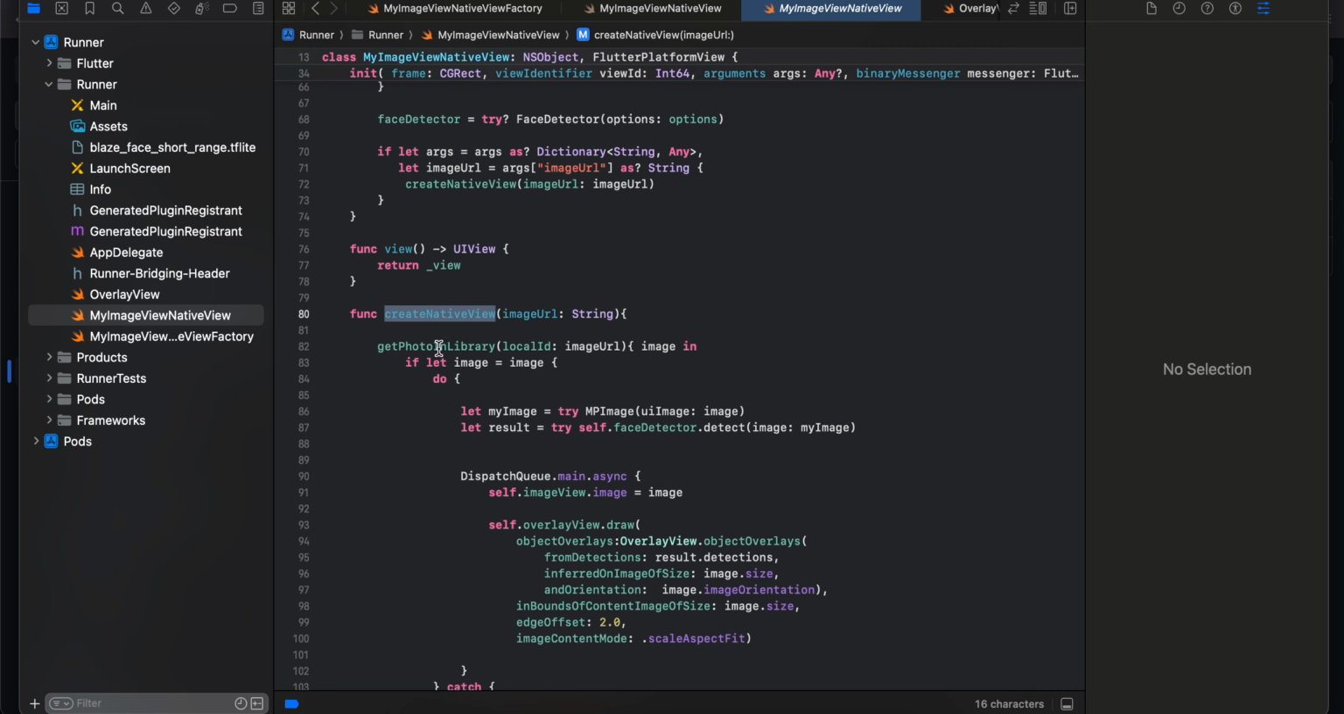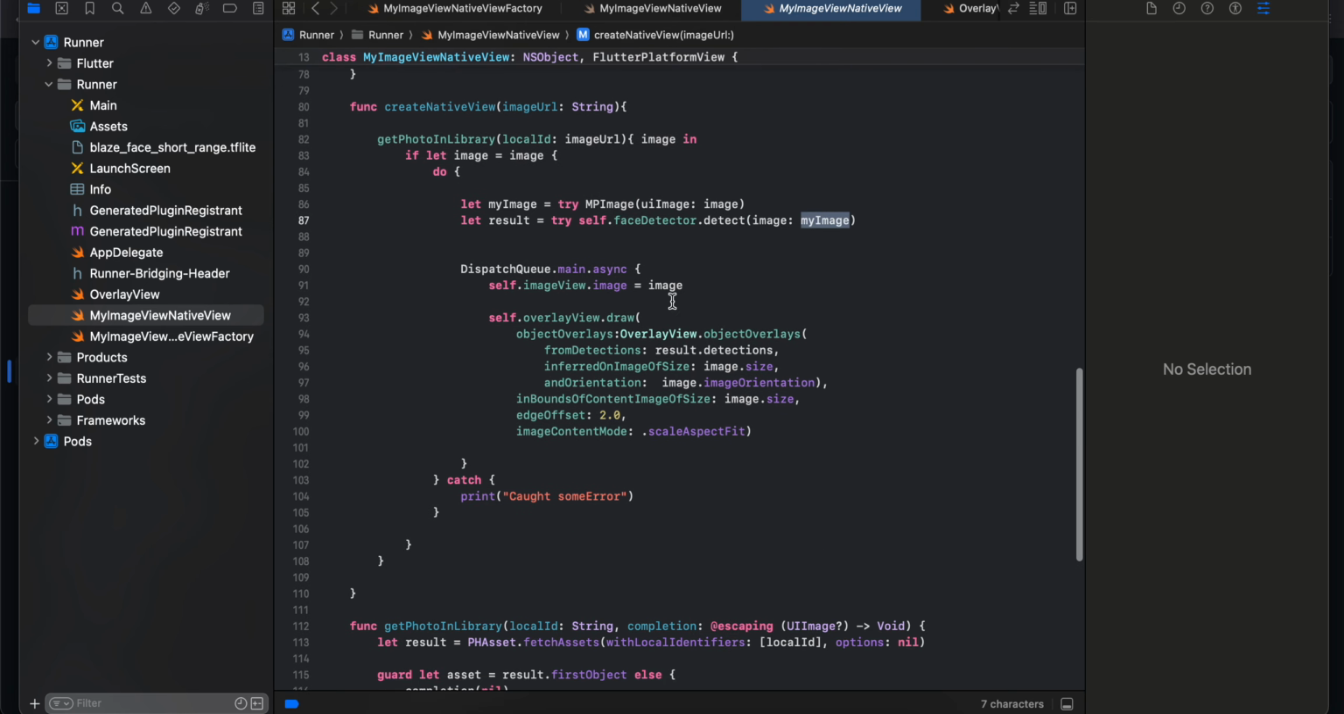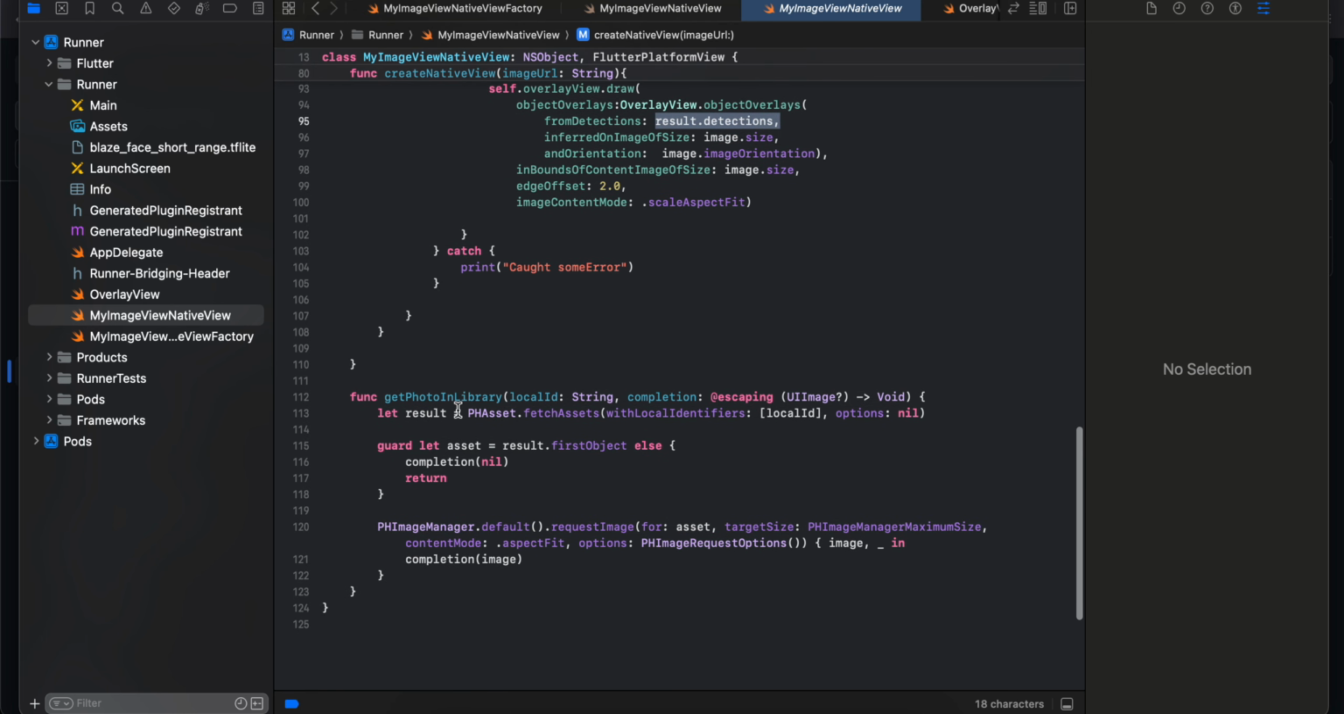Once createNativeView is called, I call this method called getPhotoInLibrary. Once we have this particular image, which is a UIImage, I just create an MPImage from it and call the face detector's detect with the MPImage. And here I'm just displaying our UIImage inside our image view and passing the result to our overlayView.draw. Okay, next, sorry, we are not passing the MPImage, we are passing this result.detections. And to get the photo, the UIImage, from the local asset identifier, I have